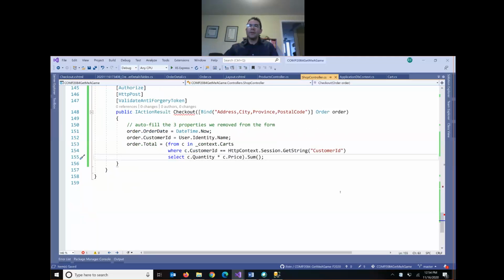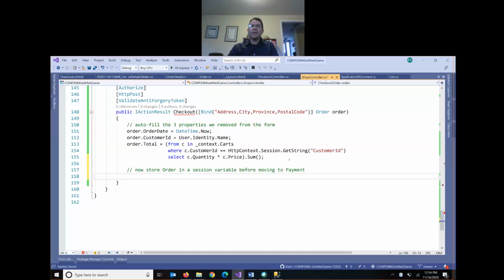Now we want to store this in a session variable. We want to store the whole order. The problem is we need a little bit of help to do this. Now store order in a session variable for moving to payment. So I could try HttpContext.Session. The problem is